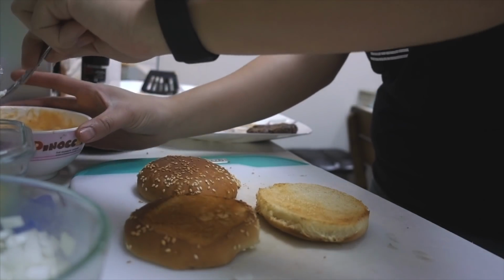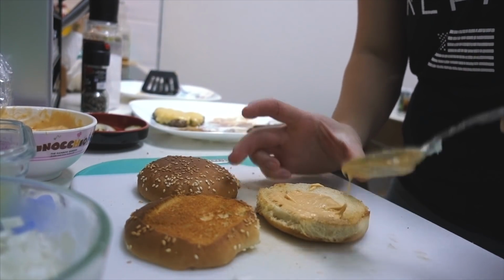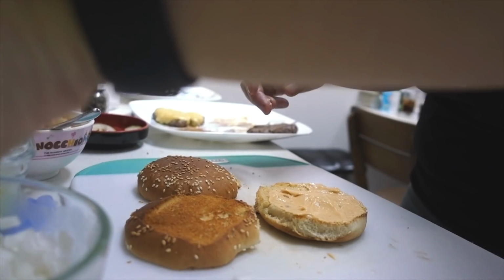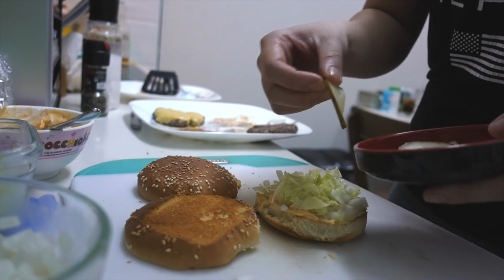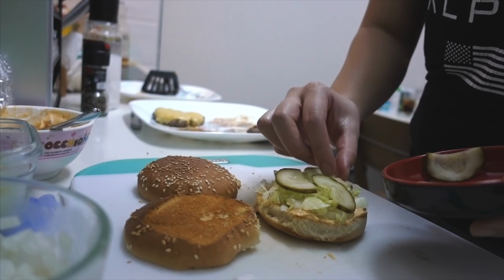So same thing basically, except we're gonna add pickles on the other layers. So we got the little Thousand Island sauce I made. Cause using that salad dressing is not the same, guys. It doesn't have that creamy texture. Okay, with the onion, the lettuce, pickles. I love pickles. So I'm gonna add